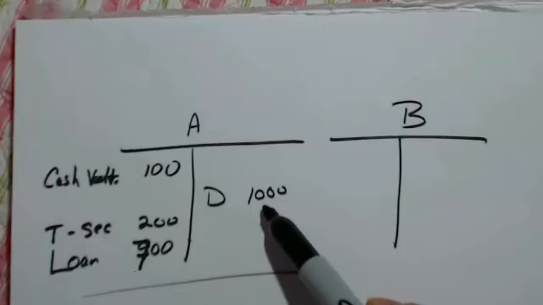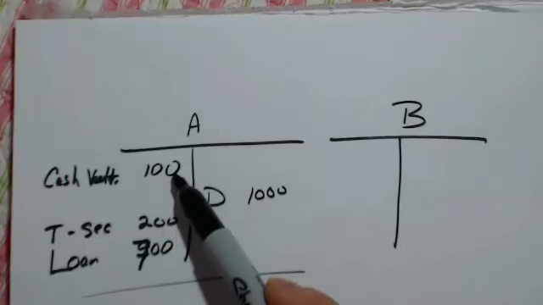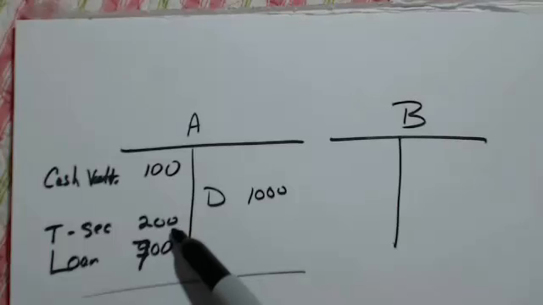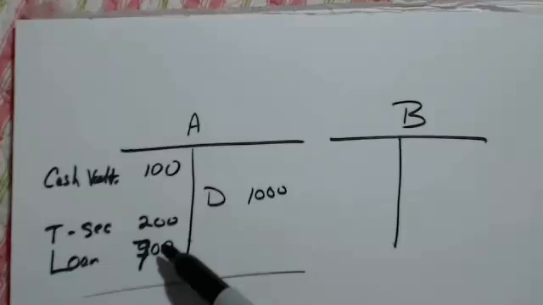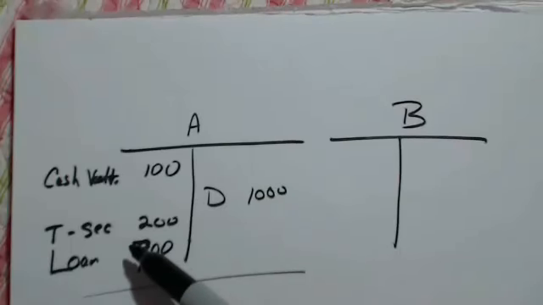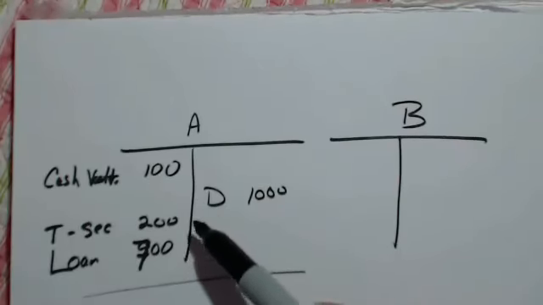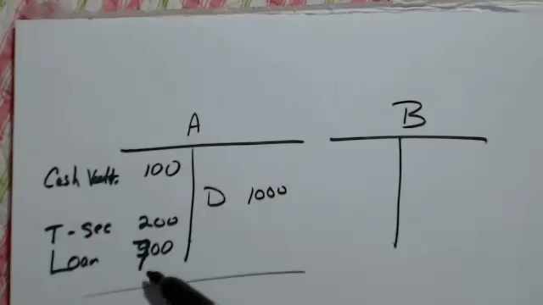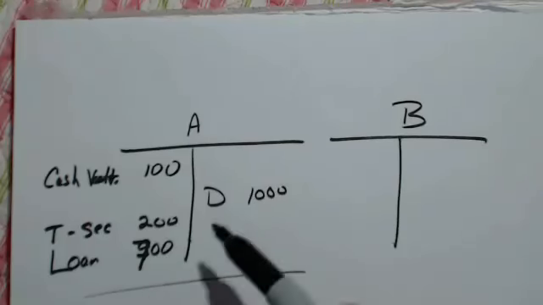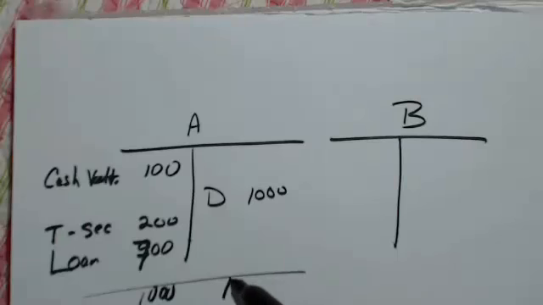So we have deposits of 1,000. The bank keeps 100 on deposit. $200 are invested in treasury securities that are low risk and that the bank is allowed to own. The bank's not allowed to own any type of assets. The Fed controls it because the Fed doesn't want banks to be investing in highly risky assets. So treasury security is an acceptable investment for the bank. And the bank is obviously allowed to make loans. And so you have a balance sheet now that balances, 1,000 to 1,000 on both sides.